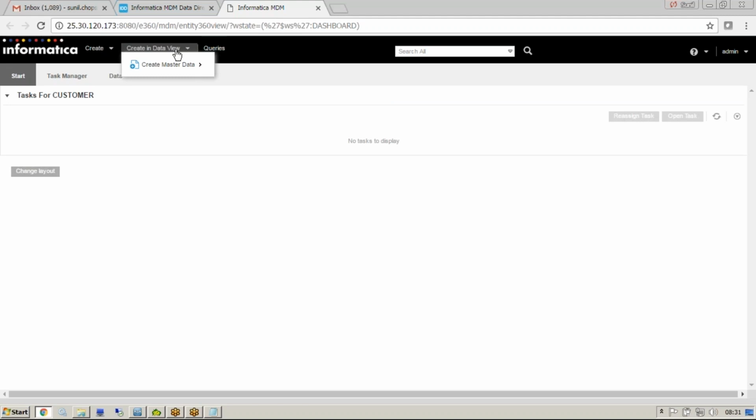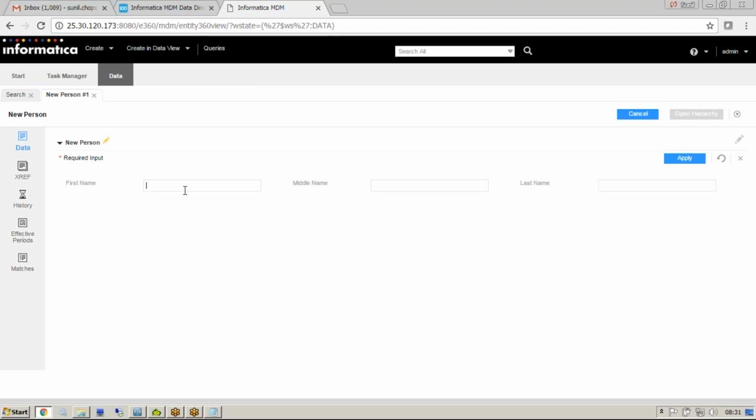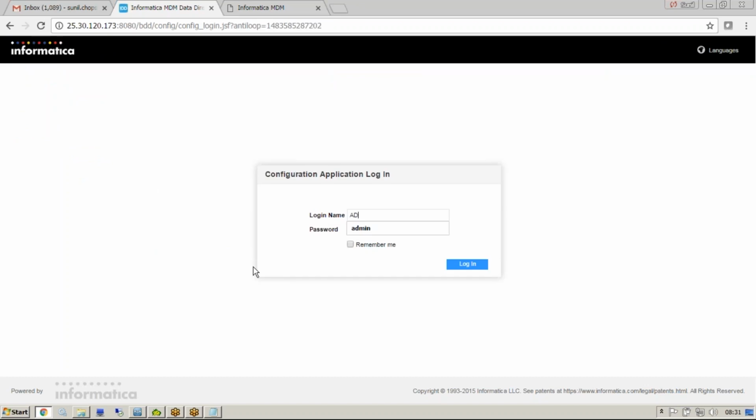So say new, create person. Do you observe one thing? I'm not getting organization here. I'm getting only person. Why? Because I created just person, right? So click on that. It is only displaying three things: first name, middle name, last name. Why? Because I have created only three. So if I go here, so log in,